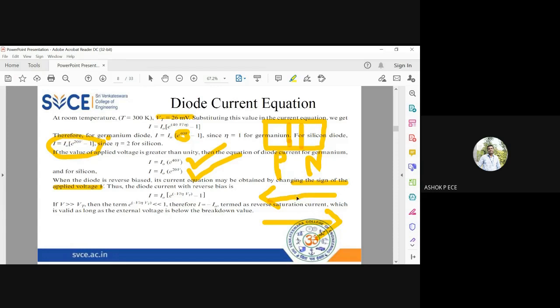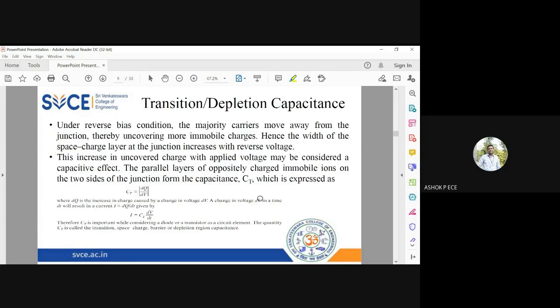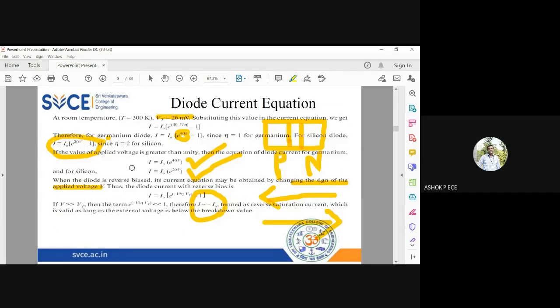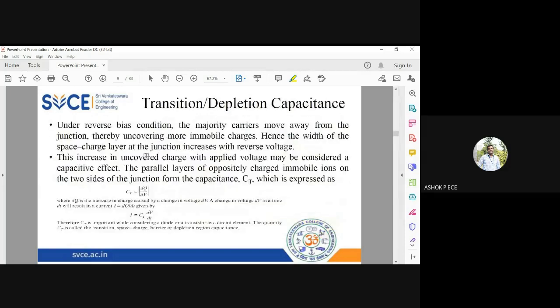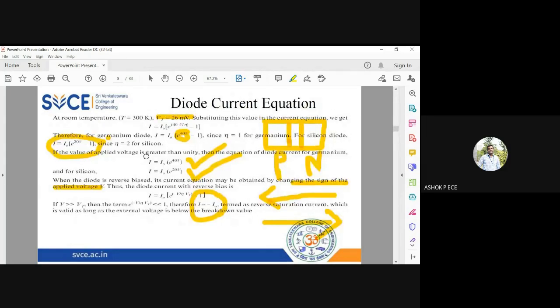To note the change in direction only, they have given I is approximately equal to minus I naught. The minus sign indicates change in the direction of your current. And I naught is the reverse saturation current which is flowing through your diode. So after understanding the expression for current and the diode current equation, let's see